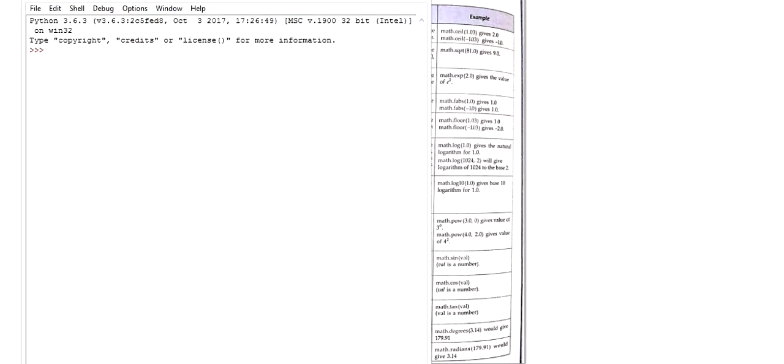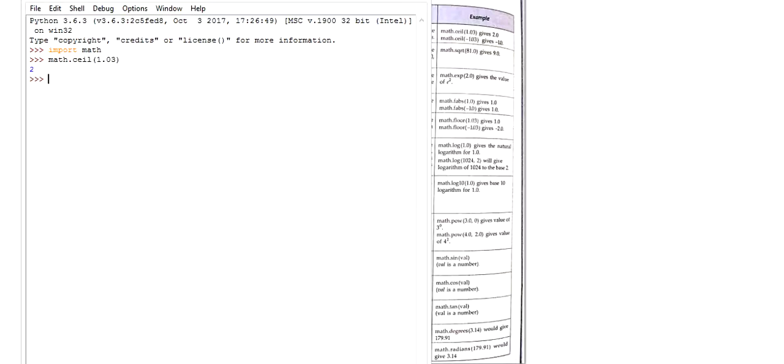So here I have to write import math. This is the name of the module, and then suppose I want to get the ceiling value, so I will write math, the module name, dot ceil. Ceil is the name of the function that I am using, and in place of x I have to give the value, so I am writing 1.03 and then enter.